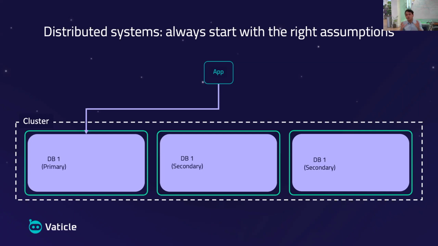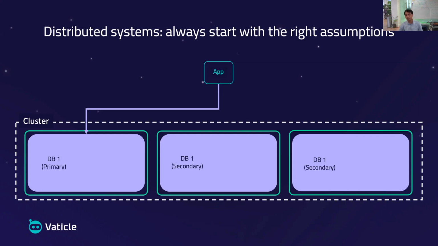Now, armed with these two assumptions that at least parts of the system are trustworthy, you can start building a system that tolerates unreliability in some other way. The unreliability we're talking about here in the case of distributed systems is that, as I said before, servers may go down randomly at any given point in time. You don't always know that. Networks are also unreliable. Sometimes the connection gets disrupted.